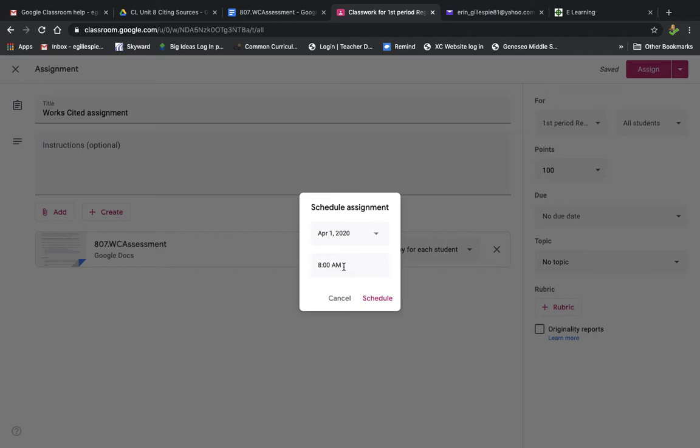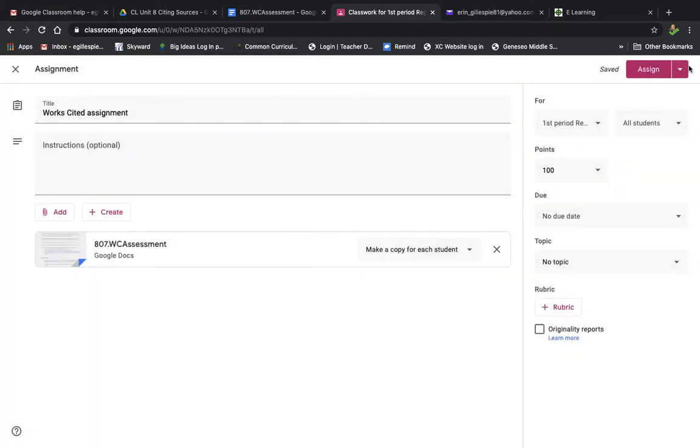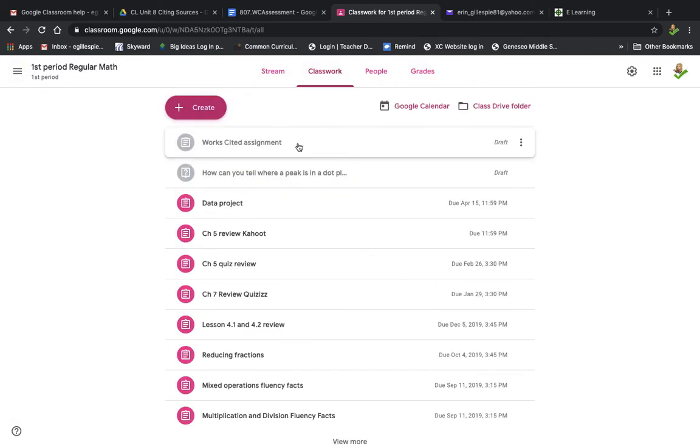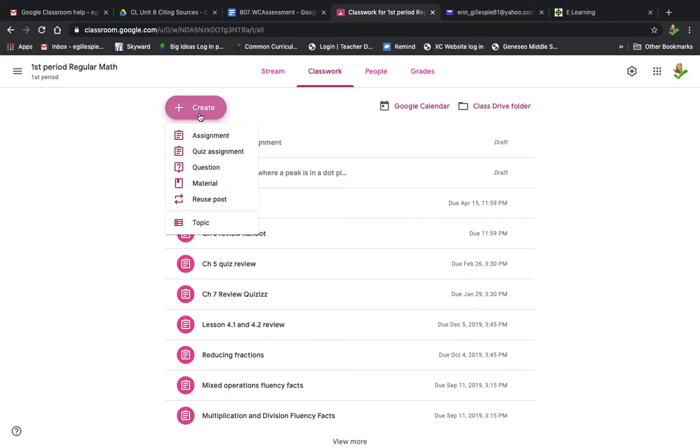So that's kind of nice, and then you don't have to remember to go in every day and put it in at a certain time. You can also just save it as a draft for later, or you can just go ahead and assign, but then it will pop up to their feeds right away. So that's one thing that I noticed with assignments that maybe you were looking for instruction with. And then when it comes to